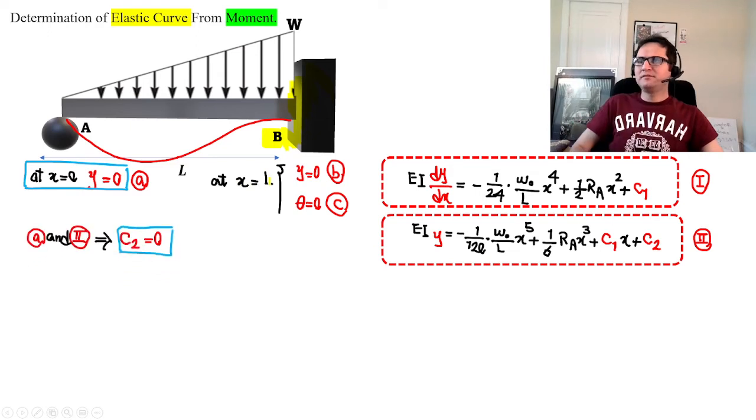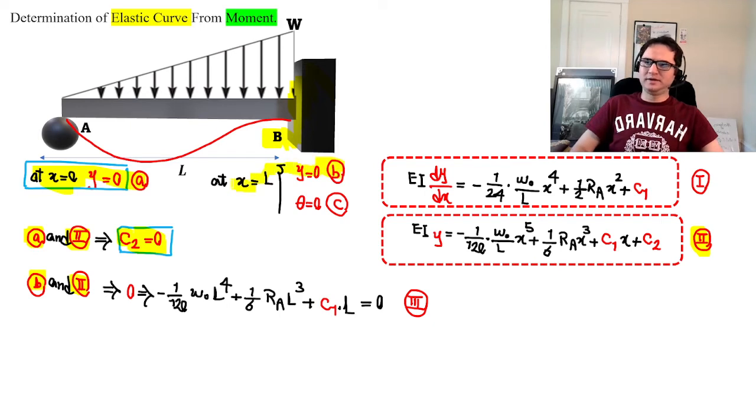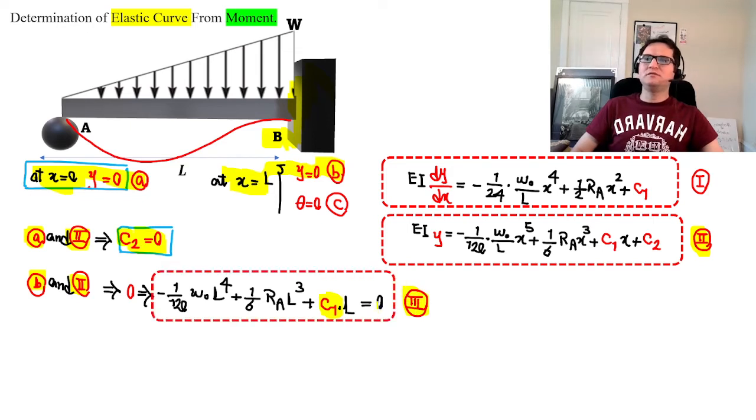If you replace A in equation 2, meaning replace all the x by 0, it simply gives you C2 equal to 0. Also, by replacing B in equation 2, at x equal to L, y is equal to 0. So that gives you a C1. If you call this equation 3 and you solve it,